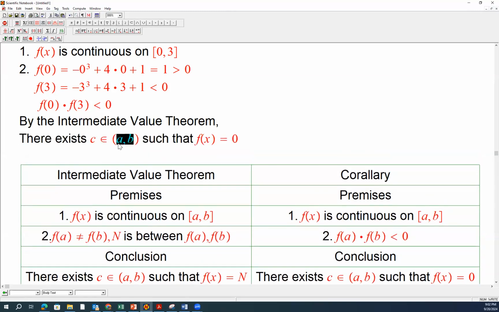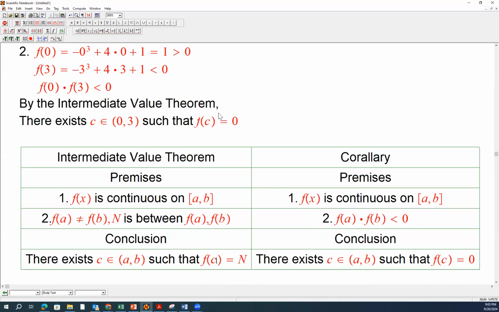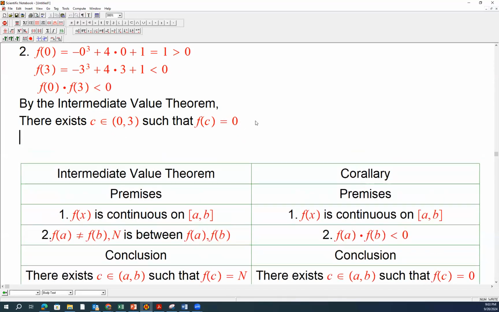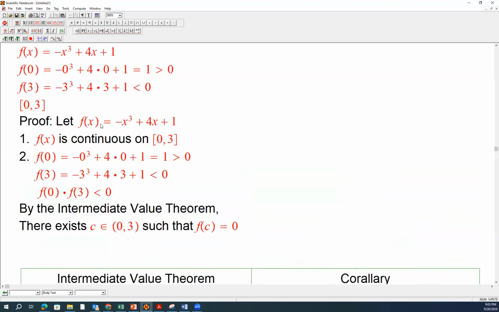C, and where is C? From 0 to 3 in that open interval such that f of C equals 0. I'm sorry, I forgot this C, right? F of C is 0. And what does that mean? That means that this one has a solution. Okay, which is that, right? F of C equals 0, right? That's what we want to prove. That's it,